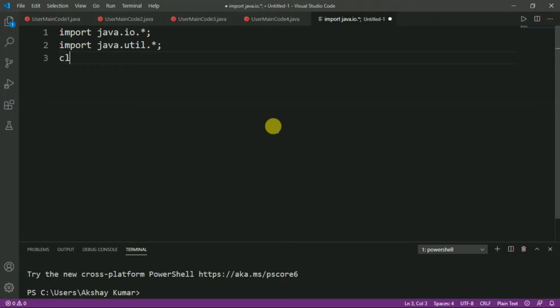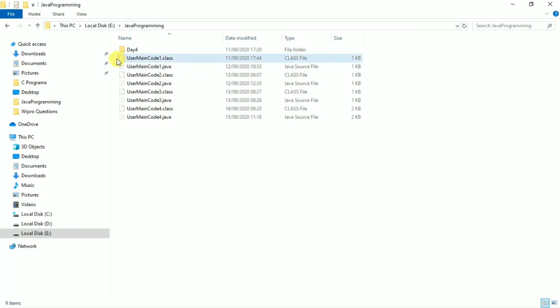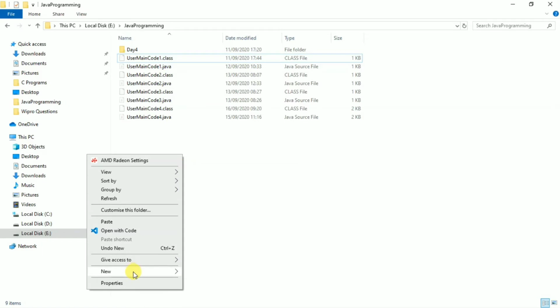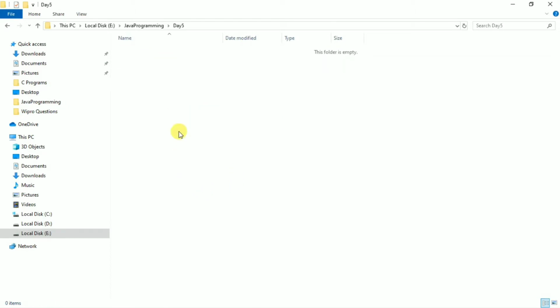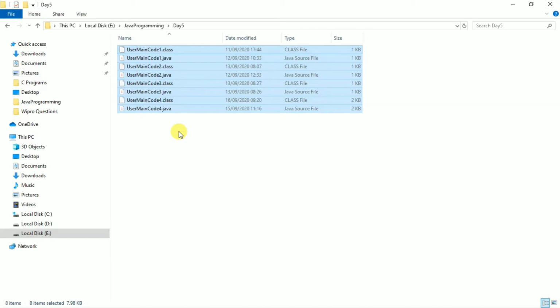and now we have to define the class name. Let's take UserMainCode1, because this is our first program of day 6. Before saving this, let's cut these files by pressing Ctrl X, and create a new folder named day 5, because these are day 5's programs, and move them into day 5.